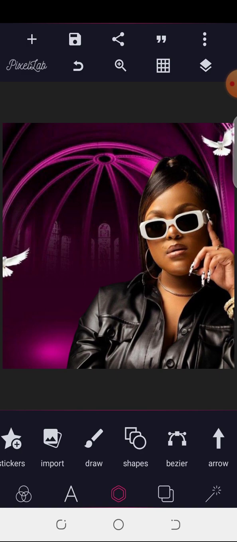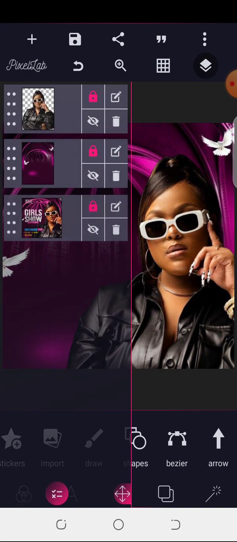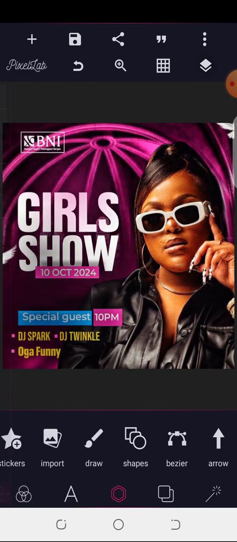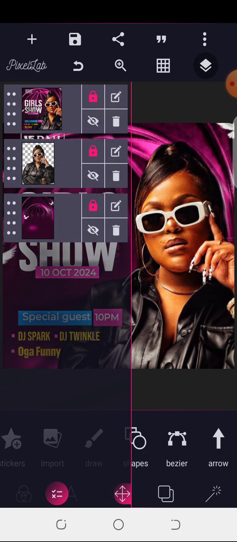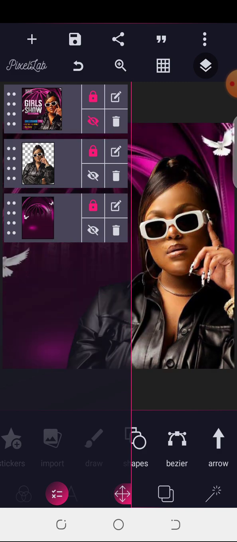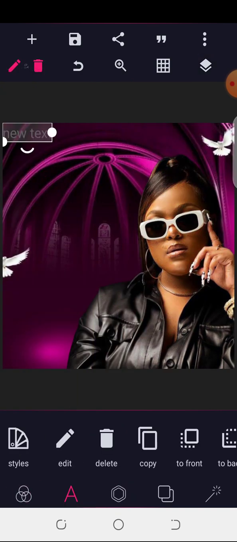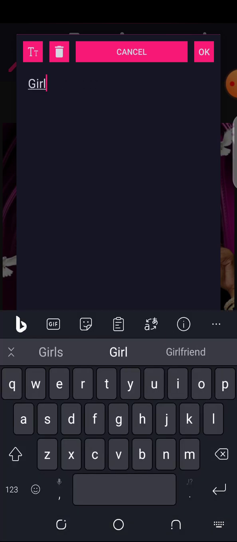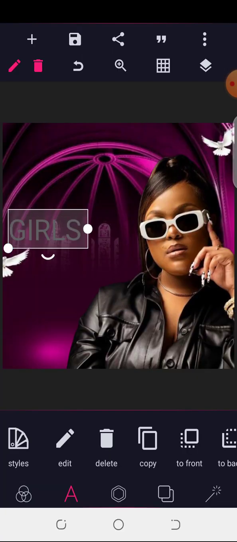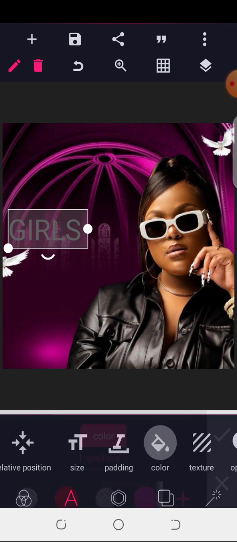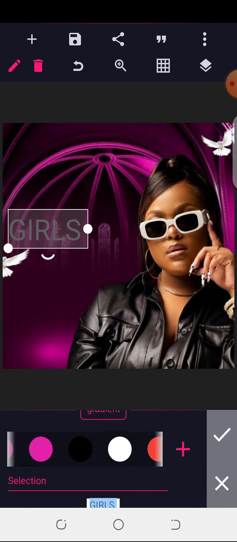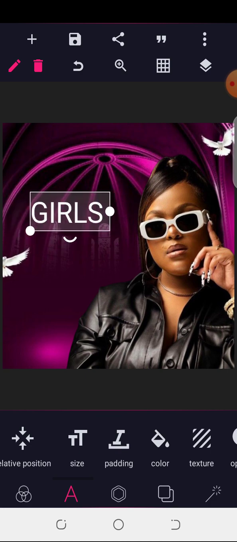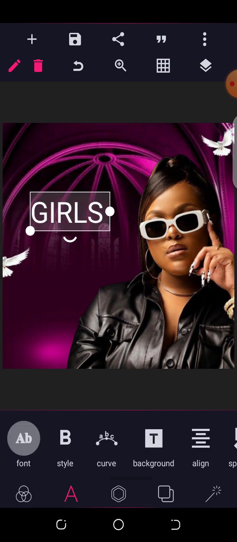The next thing I'm going to be doing, let me check from here, what do we have there? Is it Girl Show, right? So I'm going to hide that and then bring in the text. Girls in capital letter. I'll make that color white. So I'm going to keep it at color white. Then the font we are going to be using,